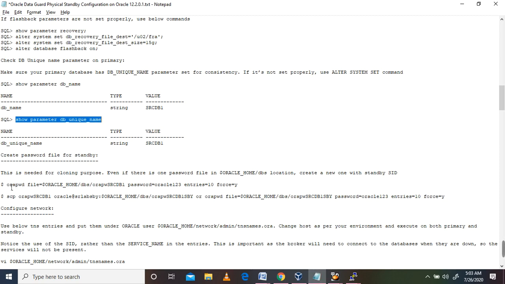If the password file is not on the primary side, we need to create it.